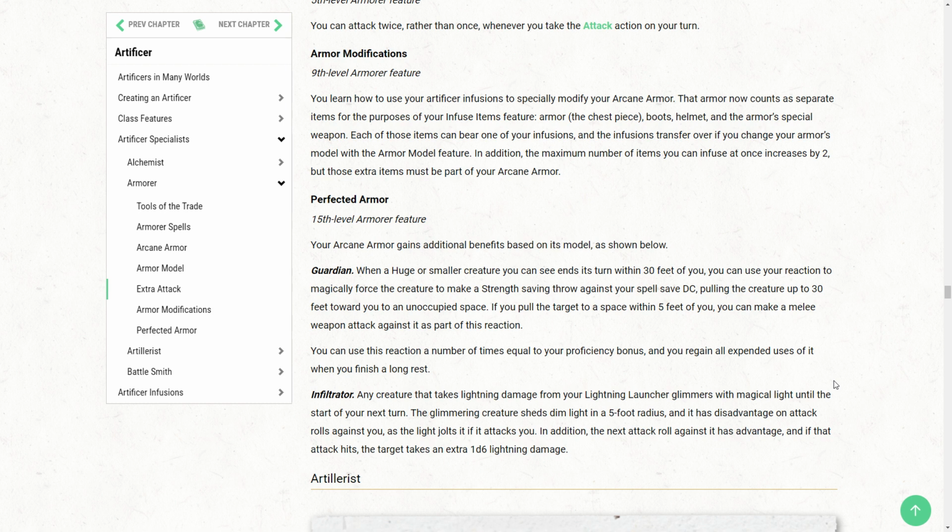Next up, and finally, we get Perfected Armor as our 15th level armor feature. Your Arcane Armor gains additional benefits based on its model as shown below. So first up with the Guardian. When a Huge or smaller creature you can see ends its turn within 30 feet of you,